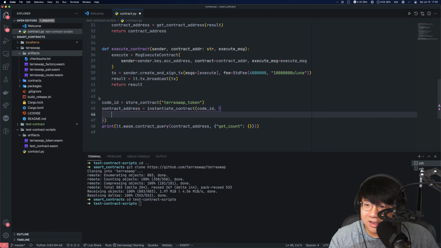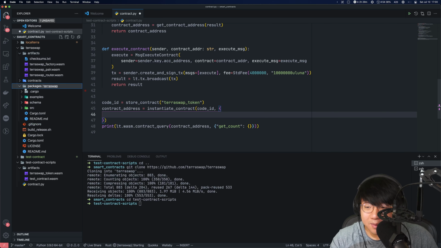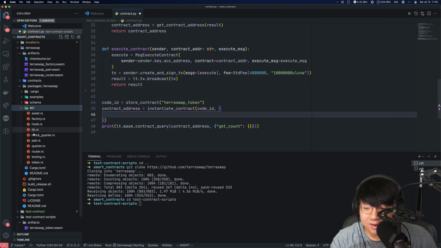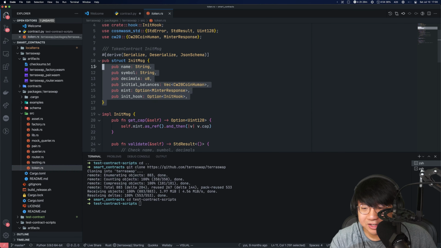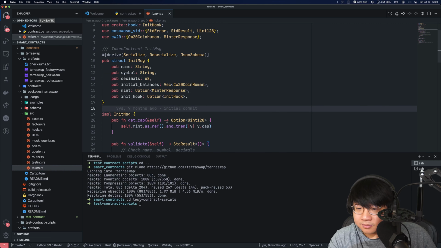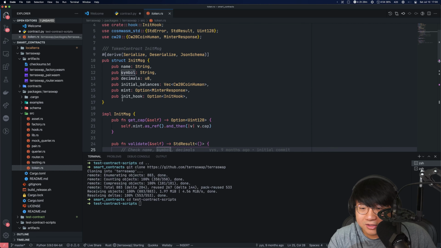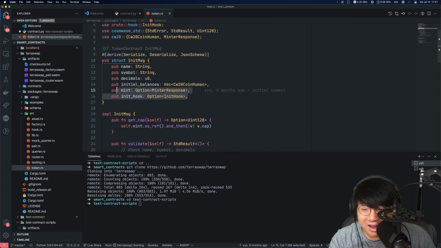So for the token init message, it's probably going to be under packages, TerraSwap, source, token. Okay, this is the format of the init message. All right. So we don't have to do the optional ones, but we're going to basically have to do this mint one later. Let's start off with the basic init message without the optional ones.